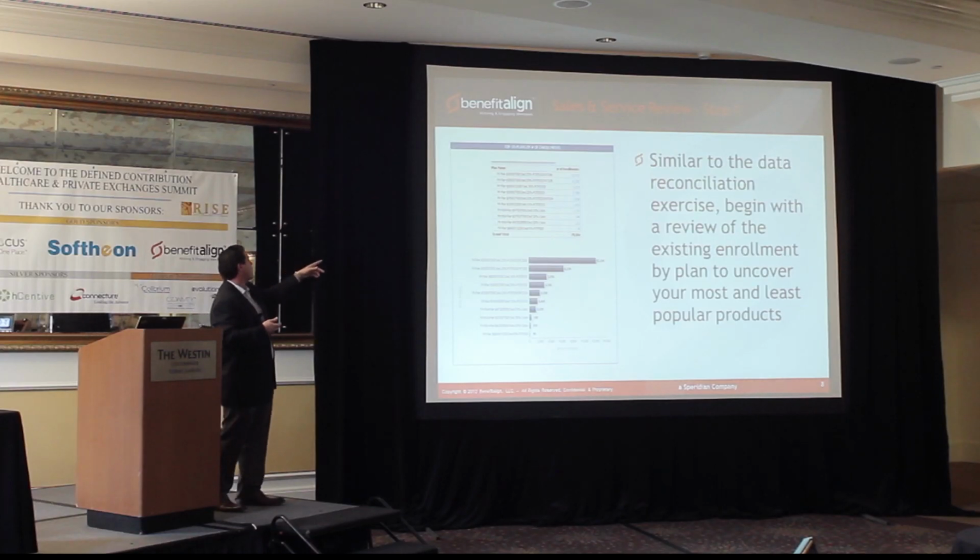So this customer really needs to take a look at their product portfolio and decide what's wrong with these HSA plans. Is it the way they designed the benefits associated with them? Is it that people don't know what an HSA plan can do for them? That they just don't want them? Are they priced wrong? And then once you know that, what are you going to do? In this example, a customer might say, we actually have one HSA plan that isn't terrible compared to the rest, and they're going to replicate some of those benefits into the other plans. Or they might decide to retire something in their portfolio.